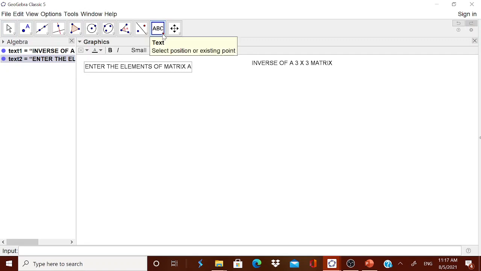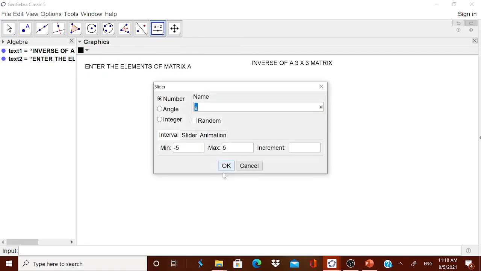Below that you want them to enter the values. For that I need sliders. I think I have already discussed this several times. For the slider you can have the interval as per your convenience, but for quickness I will not change the minimum and maximum. You can change it accordingly.